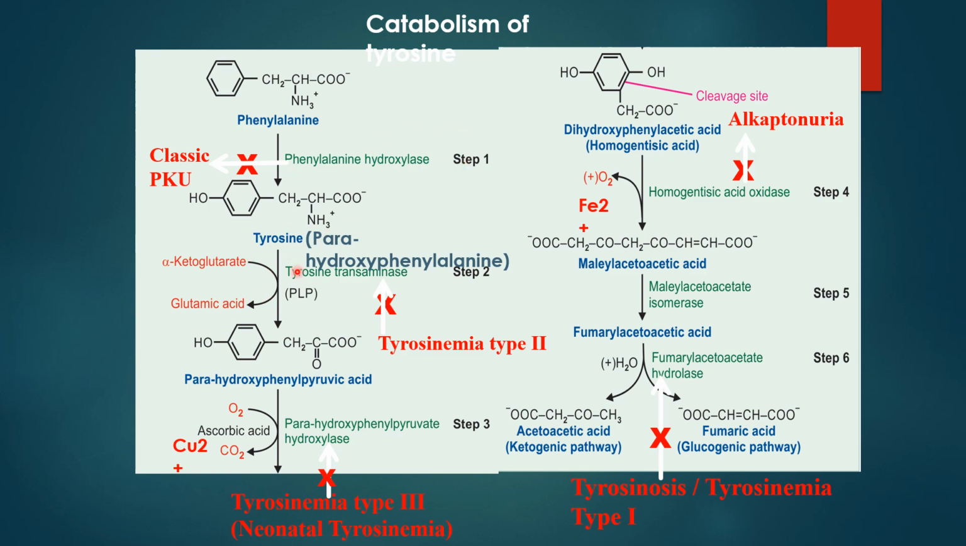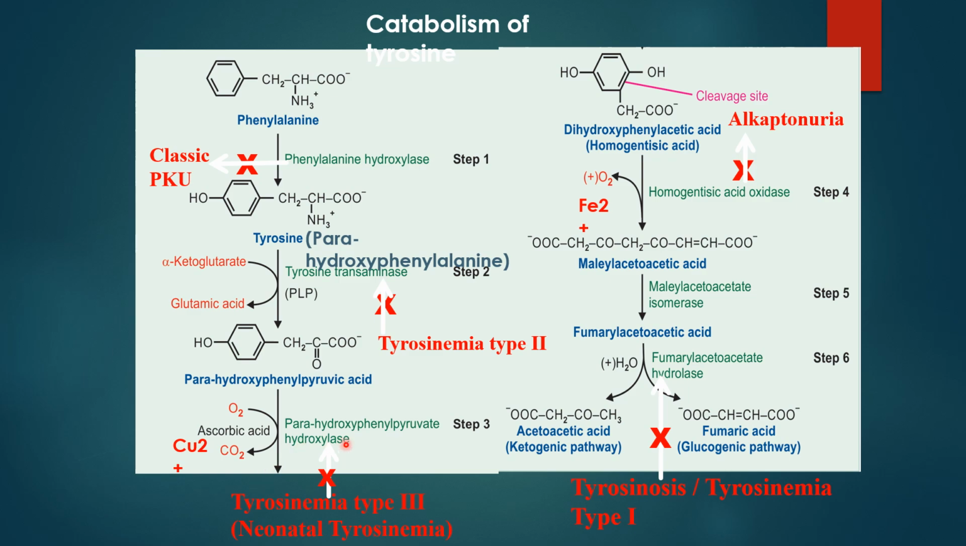Further, tyrosine in the presence of the enzyme tyrosine transaminase is converted into the corresponding keto acid, para-hydroxyphenyl pyruvic acid, which requires alpha ketoglutarate, and PLP is an important coenzyme for the reaction. I already discussed in a separate video the transaminase reactions and how they are facilitated by PLP. Then further, para-hydroxyphenyl pyruvic acid is converted to dihydroxyphenyl acetic acid, that is homogentisic acid, which